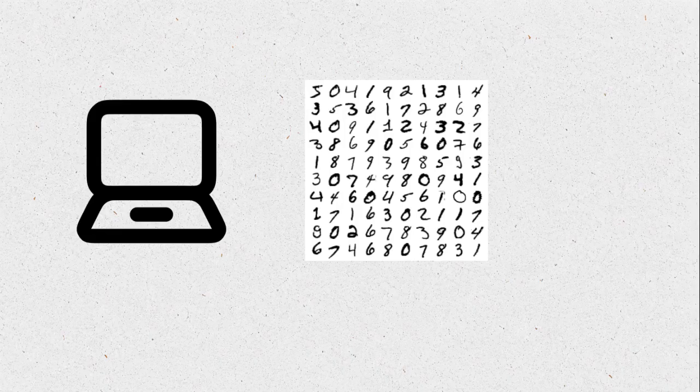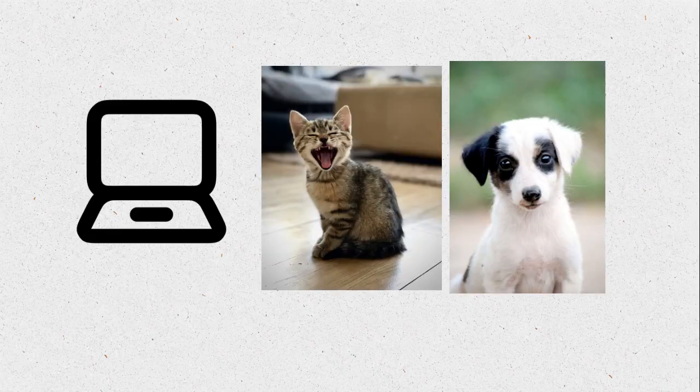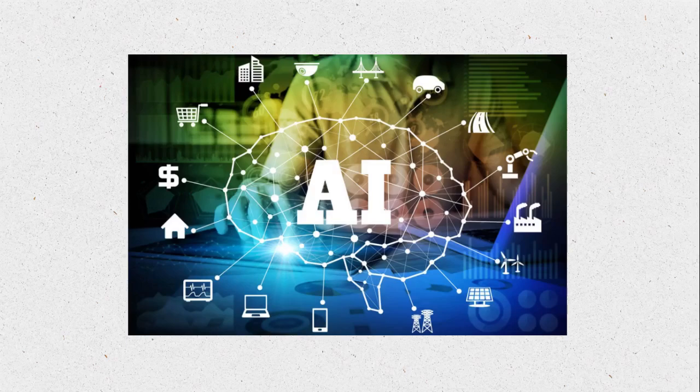How can a computer decide whether an email is spam? How can it recognize a handwritten digit? Or tell whether a picture contains a cat or a dog? Modern AI systems can perform incredible tasks, but at their core, they are built from a surprisingly simple idea, an